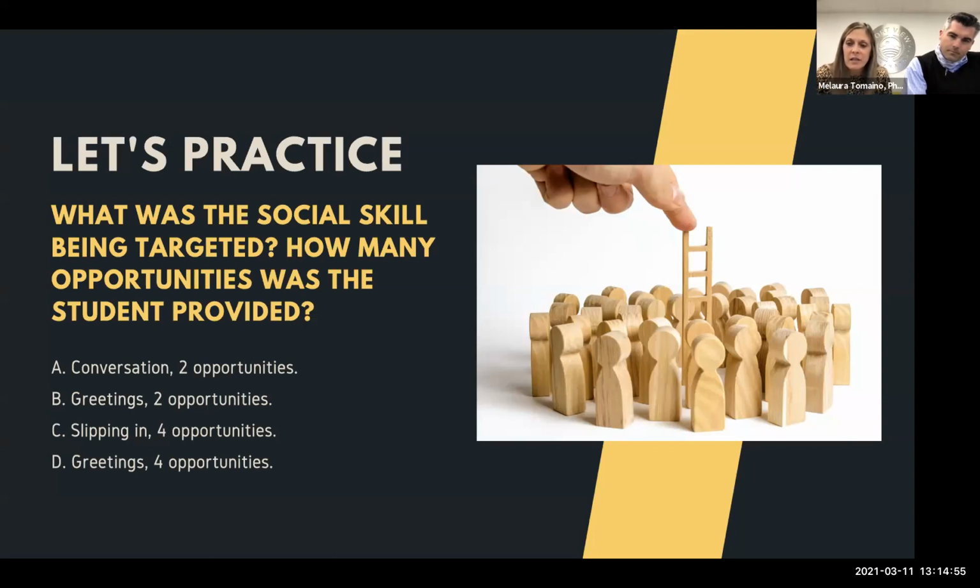And I just want to point out, he was just on a break. So he could have just been left to walk the hall and go about his business. But it's really important to make those breaks meaningful. And we'll talk about that a little bit later, and really creating opportunities where we can in a natural setting.